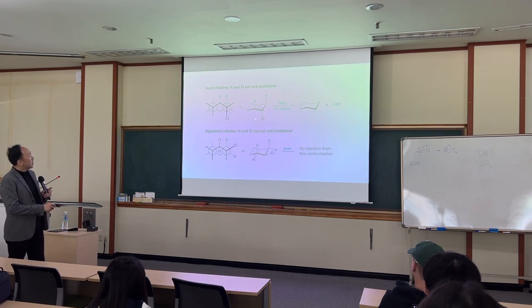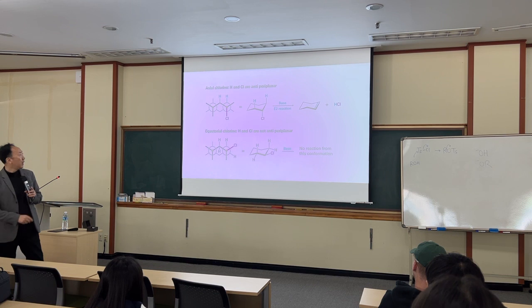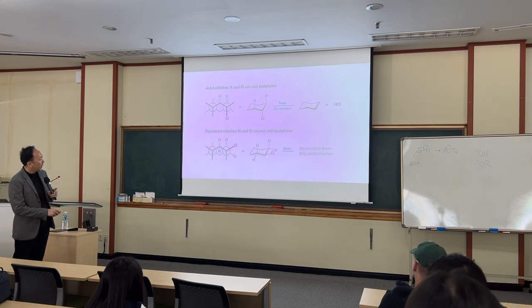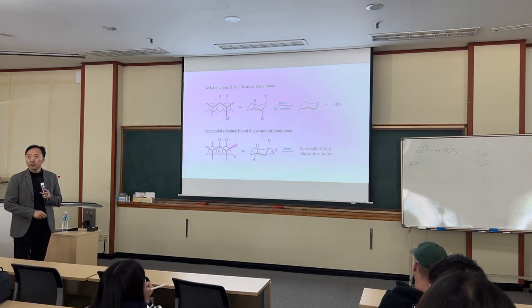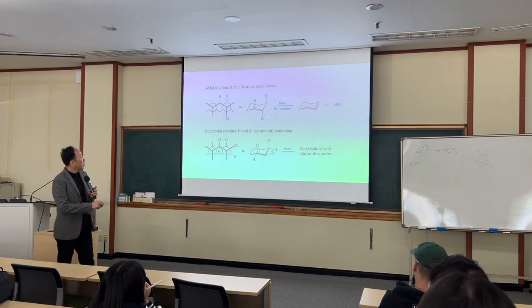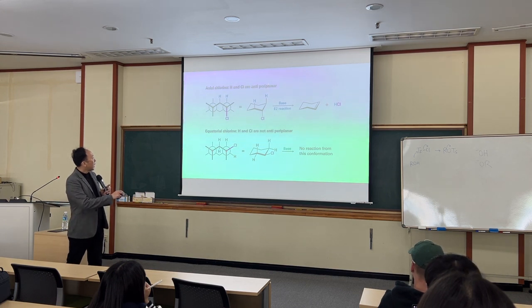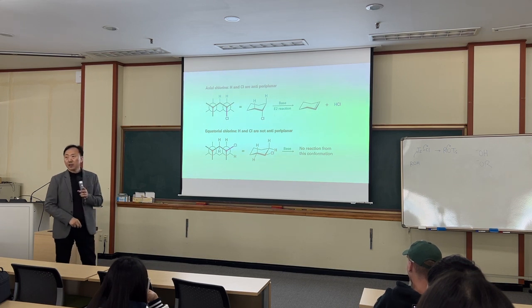If it is axial, this looks like anti-directions. Okay, the base comes in and pushes it down, and this direction happens. If it's equatorial, then this one should react with this trans hydrogen. It cannot react with cis hydrogen. Right? It should be the trans direction. If it's axial, then it can happen. But if it's equatorial, it's difficult